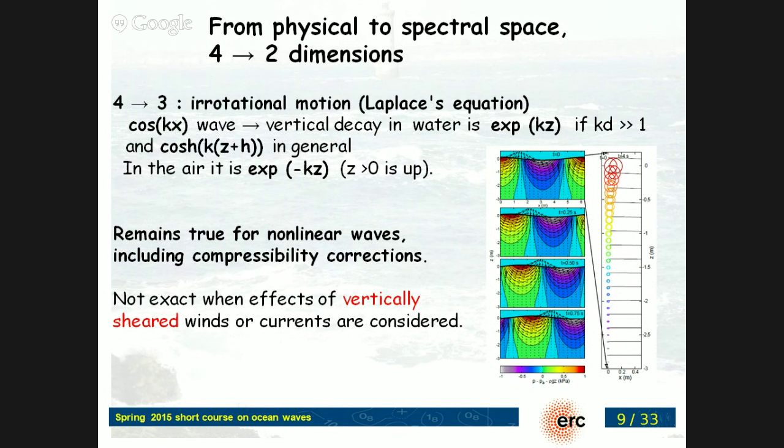Okay. So how do we go from 4 to 2 dimensions? We have motion in the water, and motion in the air, which is driven by the waves. And one very big simplification comes from the fact that the wave motion is essentially irrotational. I'm not going to demonstrate that for you, but the main reason is that the water is mostly inviscid, what we're looking at, and it's driven by pressure forces. If you drive something with pressure forces, you get something which is irrotational in the end.